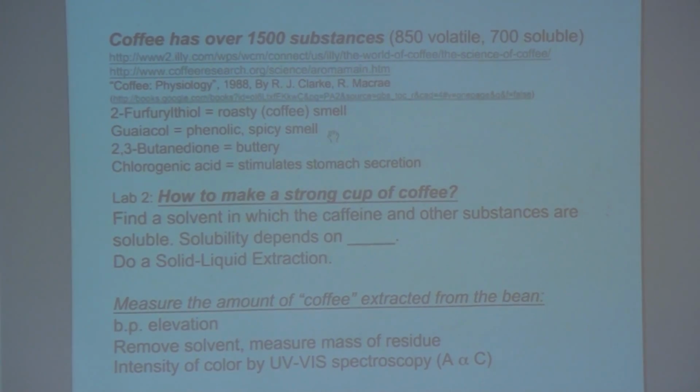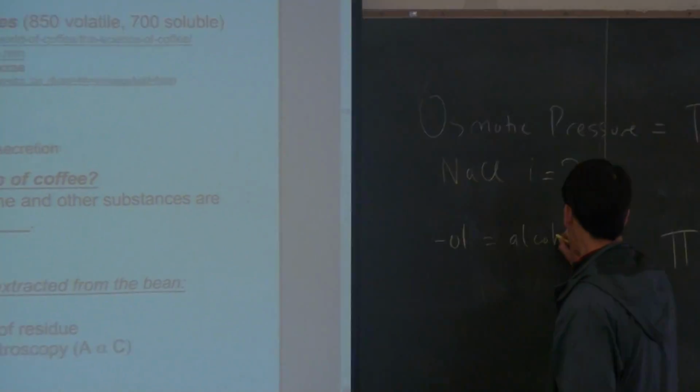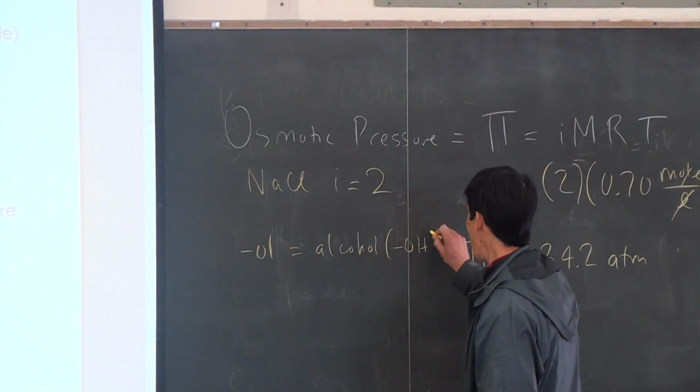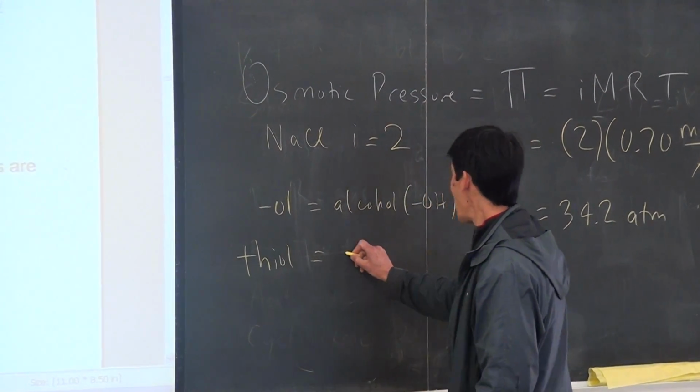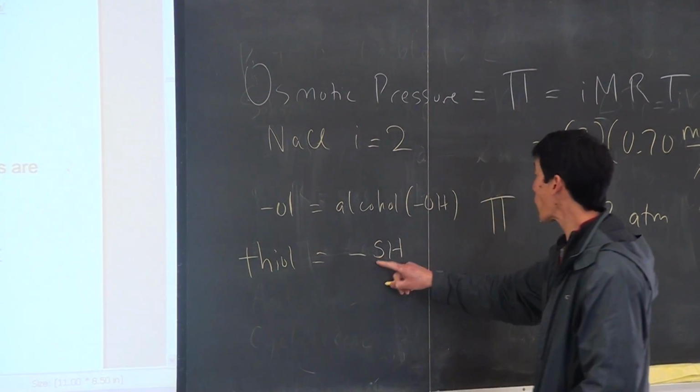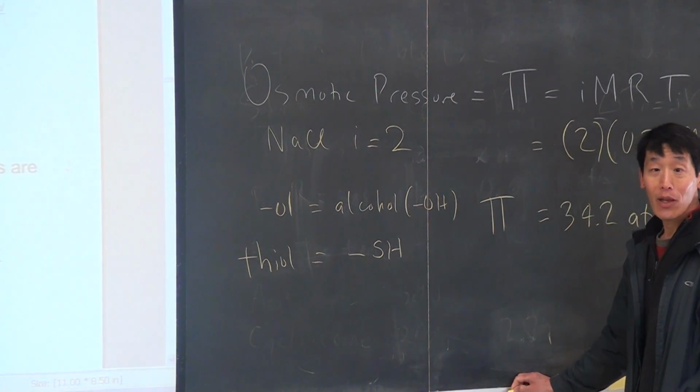And I looked up a few of the substances. So here's 2-furfuryl-thiol, which gives coffee its roasty or coffee smell. Based on the name, what functional group is in this organic compound? Yeah, so the OL means it's an alcohol. Actually, a thiol is a special case. So the OL means it's an alcohol, which is the OH group. If you have a thiol, this is actually the SH group. So you substitute a sulfur for the oxygen, for the thiol. Many thiols